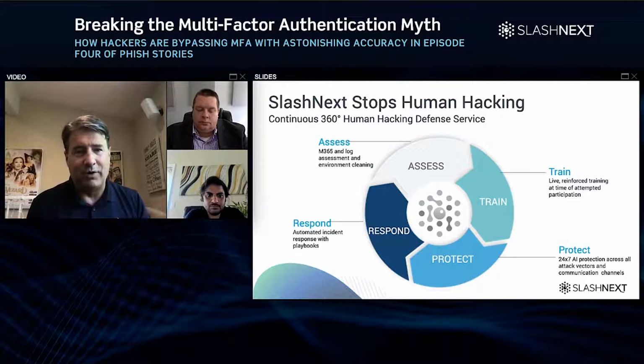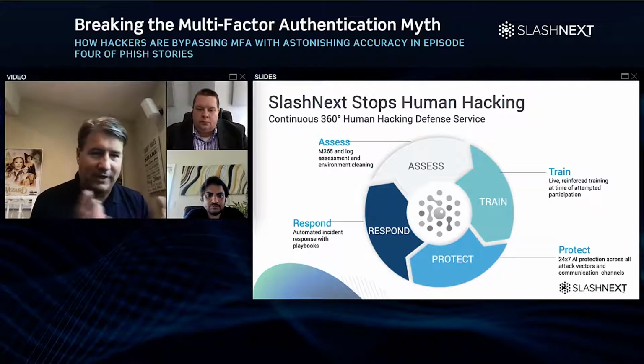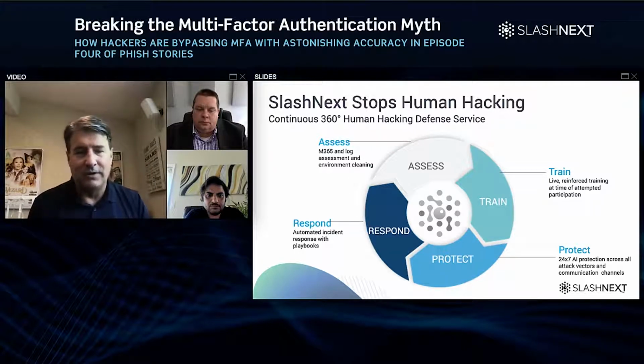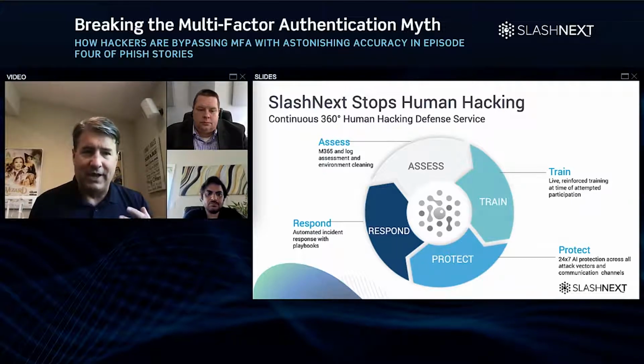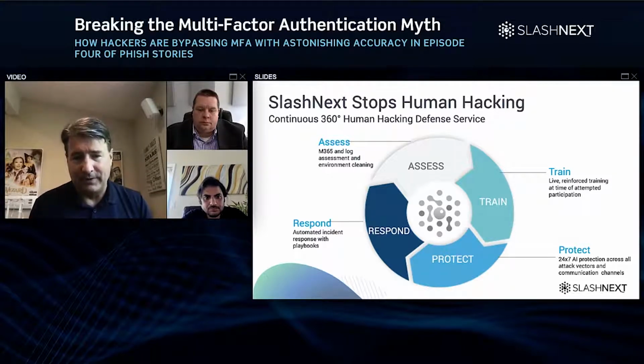There are so many more attacks coming out of Google that look like they come out of Microsoft or out of Google or Adobe or Dropbox. You pick your name of your trusted domain. That's where they're coming from. And that's the reason why we're a big fan of looking at that baseline, the assessment, get your current state, what's getting through the current environment.